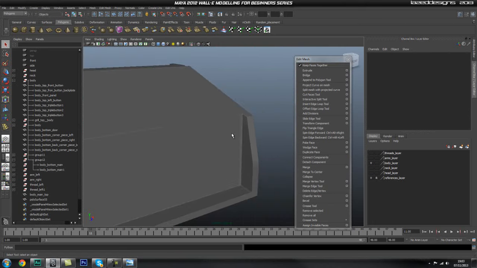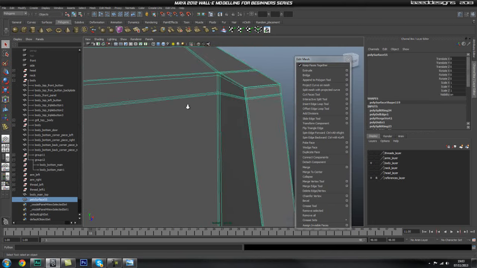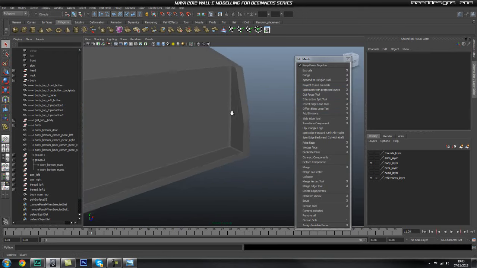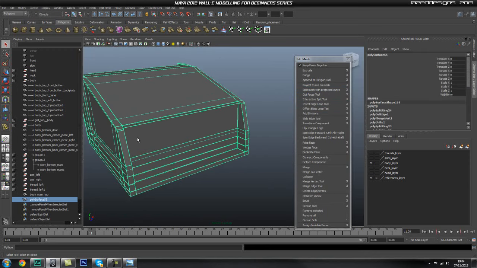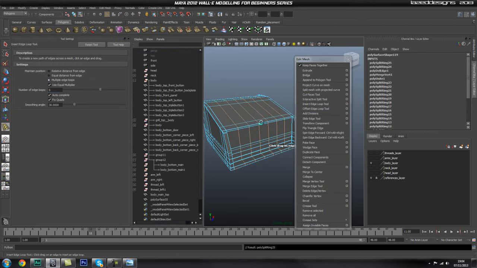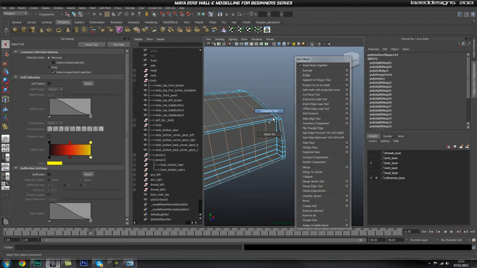So let's go ahead, and we're getting some weirdness here because of these massively long faces. So let's go ahead and add a couple in here. So as you can tell, see this big highlight, where the smoothing is going weird, and that is exactly because of these super long faces that we have here. Okay, so if you have a look, if we now go ahead and use our multiple edge loops and just add in probably like 6 in here, okay, and if we go back to our insert edge loop